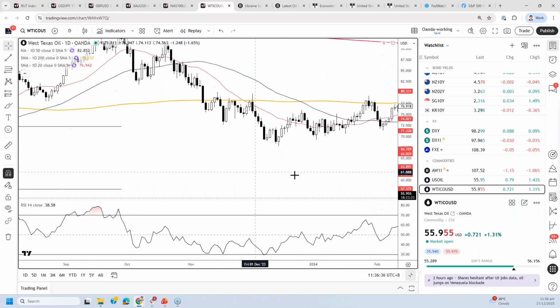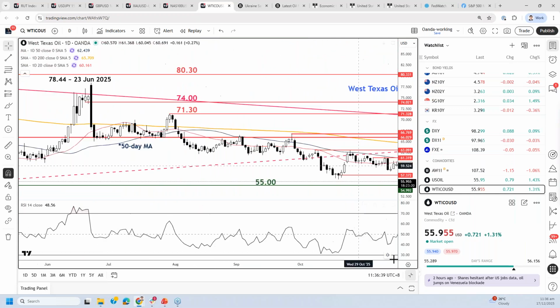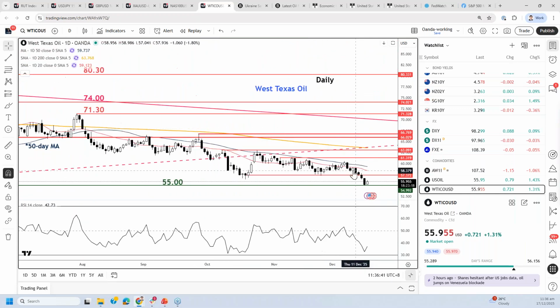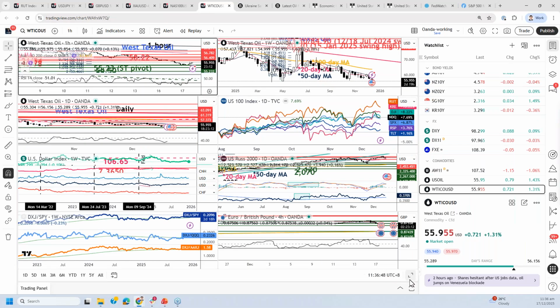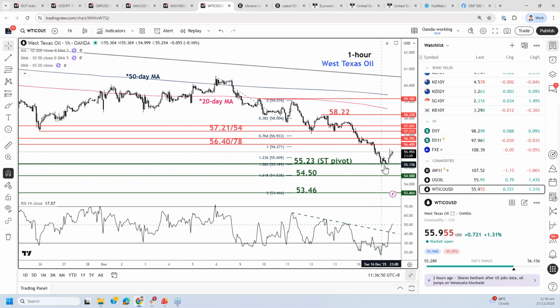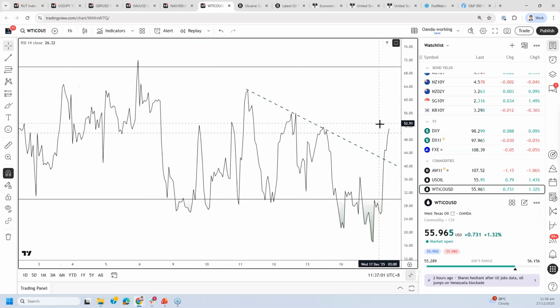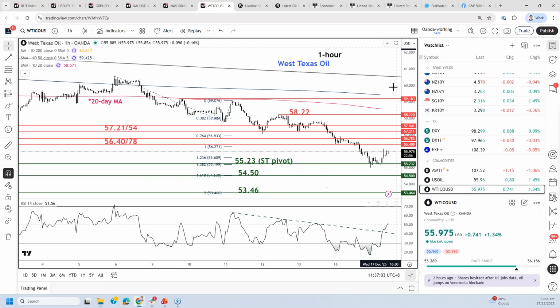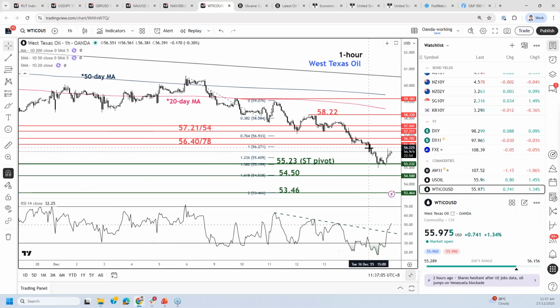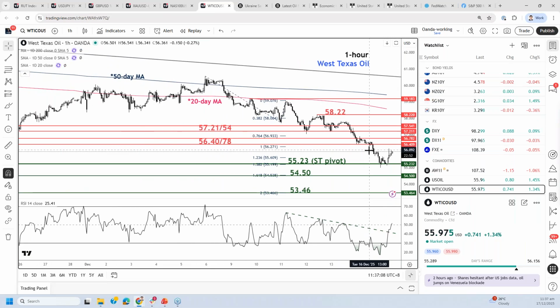What's interesting over here is that from a technical perspective, we know that price action doesn't go vertically down. After a very steep fall, there could be signs of a mean reversion rebound. And indeed, the hourly chart is now showing this sign. It hit our support level at 55.23 yesterday, which we highlighted for that bearish bias view. The hourly RSI has started to stage a bullish breakout from a parallel descending trend line resistance and is now trading back above the 50 level mark, indicating that the downside momentum has been negated yesterday.